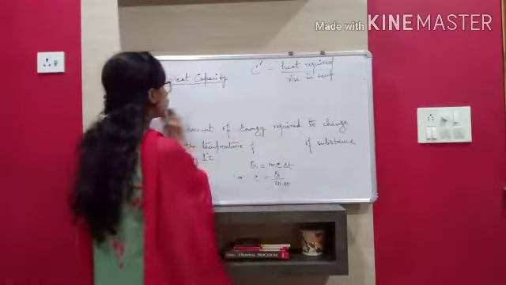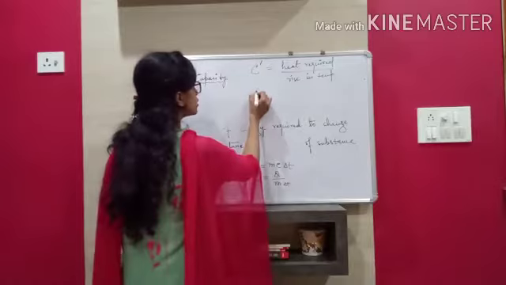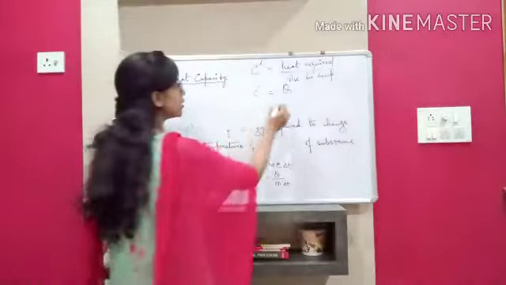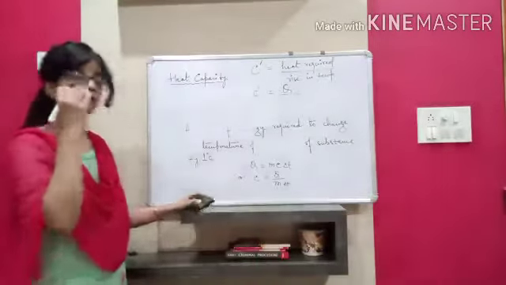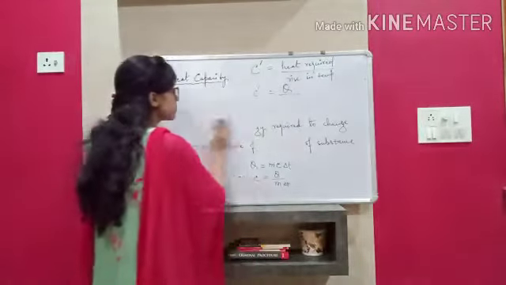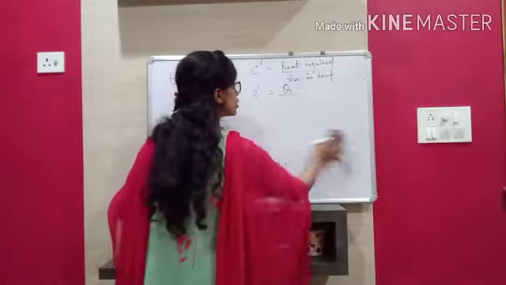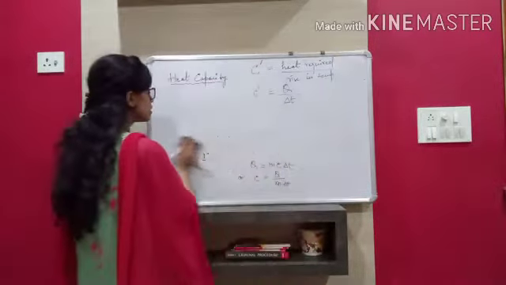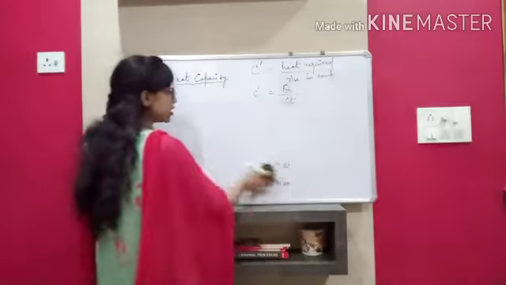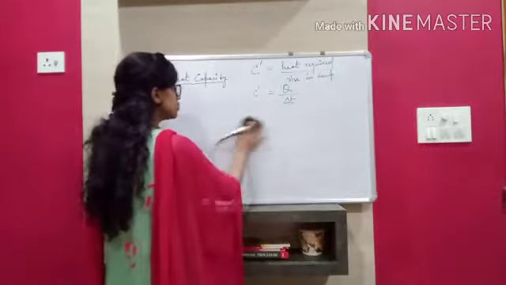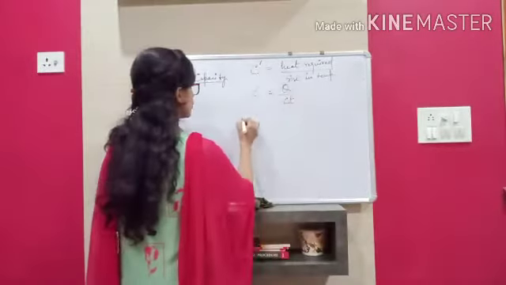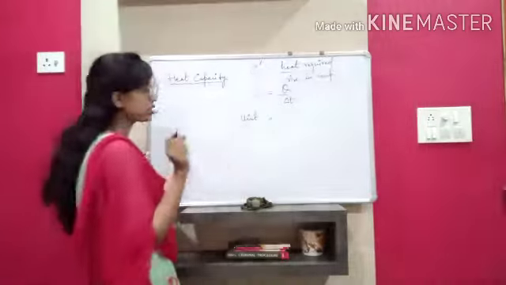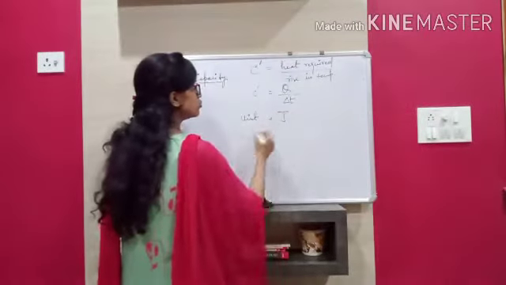Now, how do we denote heat? So C dash would be Q, the amount of heat required, upon the rise in temperature, how much change in temperature there is. So change in temperature we show by delta T, so C dash is Q upon delta T. Now if I ask you to write the unit for heat capacity, you can simply write it by seeing the definition. Unit of capital C dash would be: Q is heat, heat we will measure in joule per